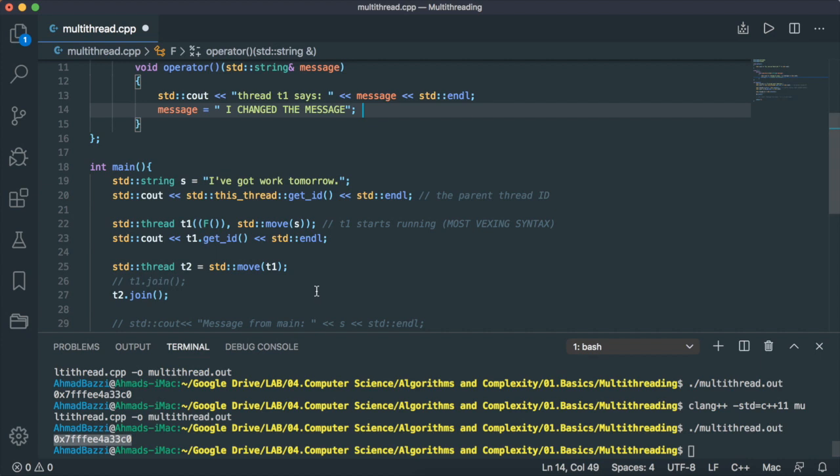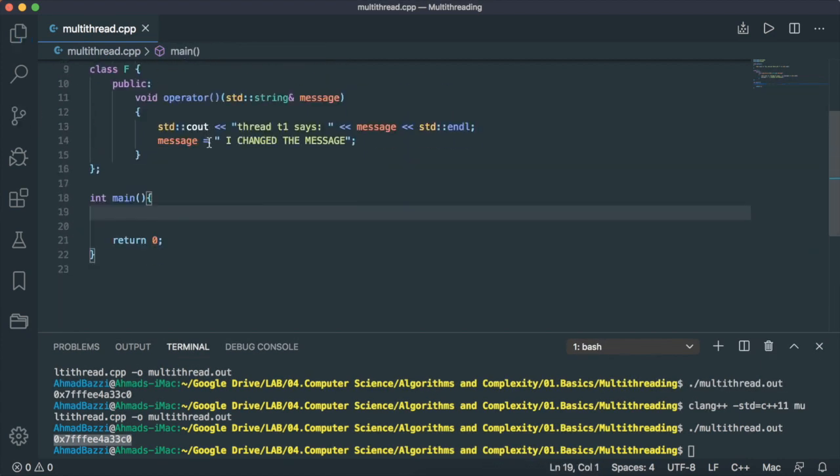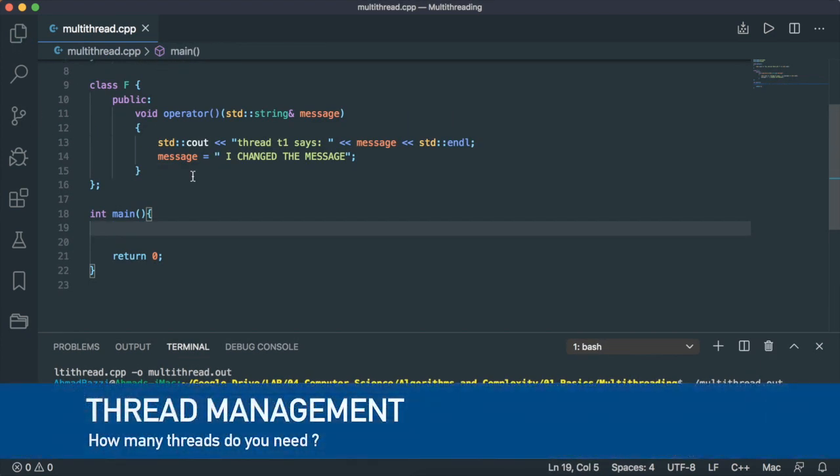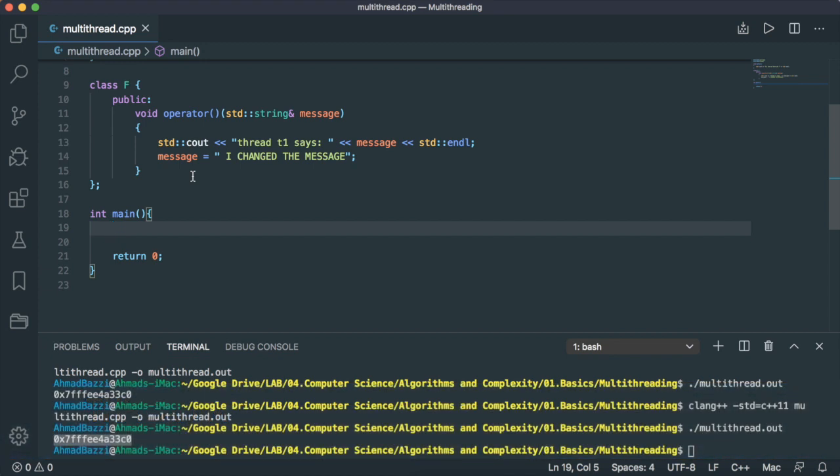Now let's delete everything over here and say I have a very complicated problem in hand. How many threads should I create to solve that problem? Ideally, I should create as many threads as the number of cores I have. I don't want to run more threads than my hardware could support. Otherwise, I will run into a sort of overflow, or I will burn out my hardware. Well, that has a name, which is called